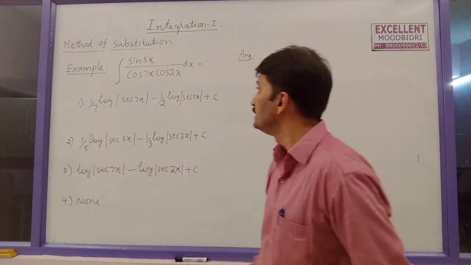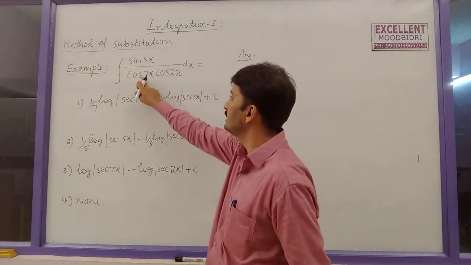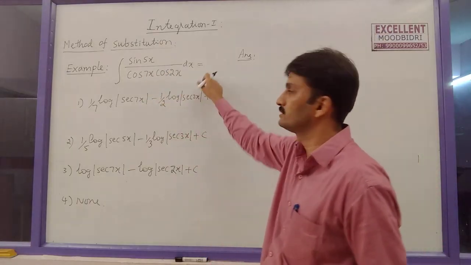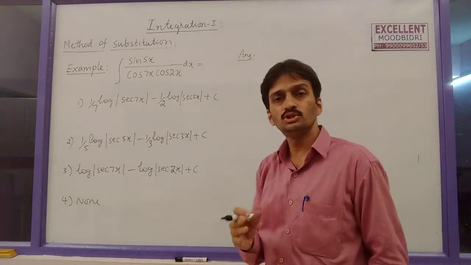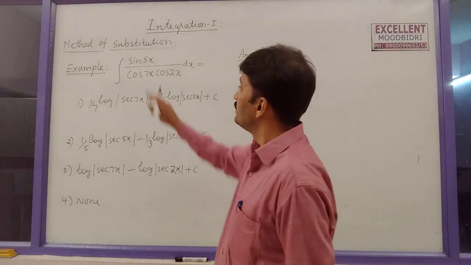Next problem. Integration of sin 5x by cos 7x into cos 2x dx equal to. This is an NCERT problem. Now here you should do one trick. Right? You can write